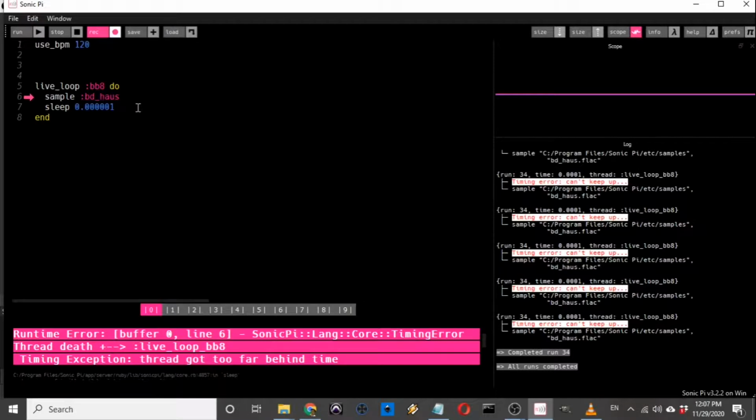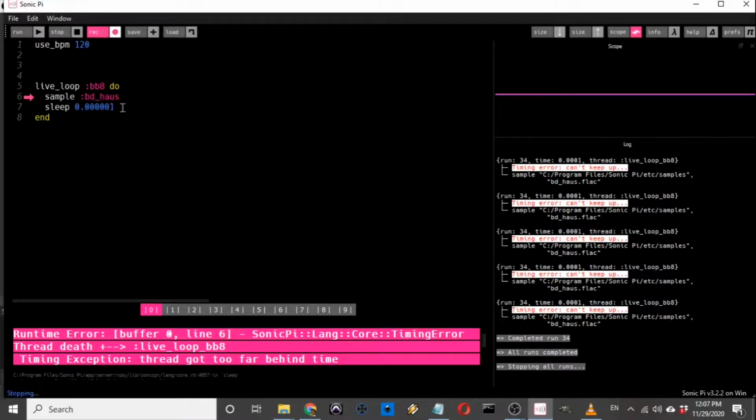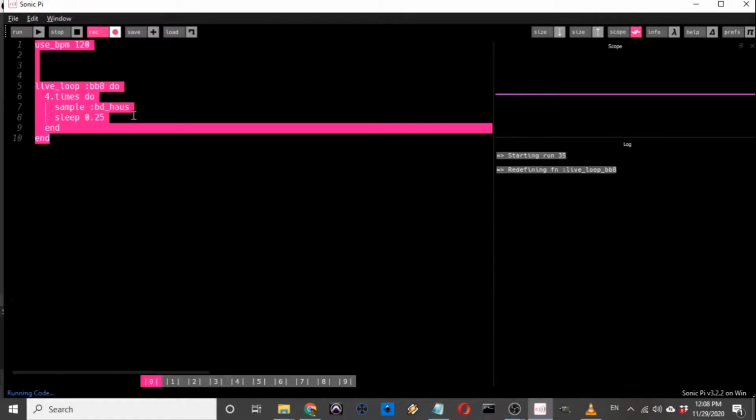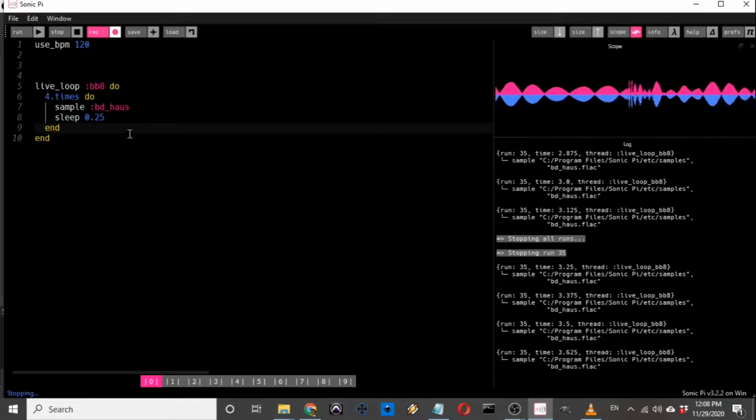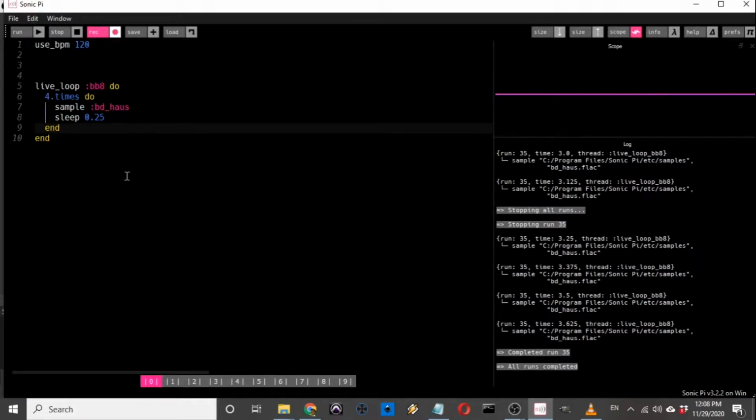It can't run it fast enough. So you have to be careful of this also. That's why I say minimum sleep time 1. Even if you got a value of 0.25, always do 4 times 2, because then it becomes 1. Okay, so just those things.